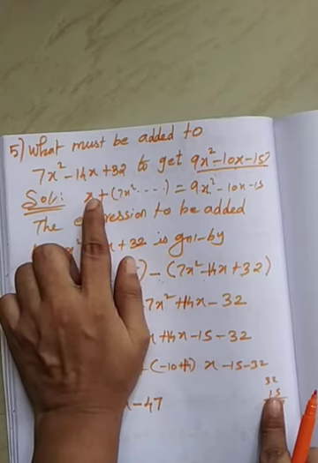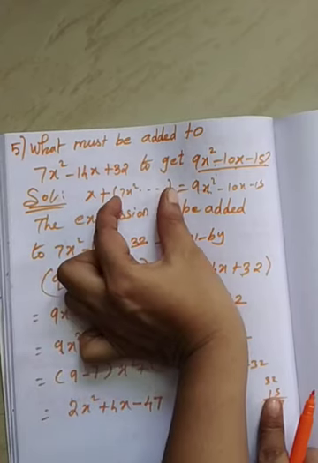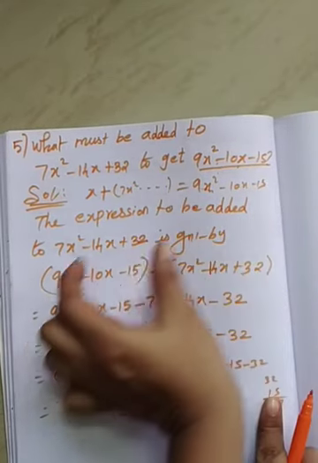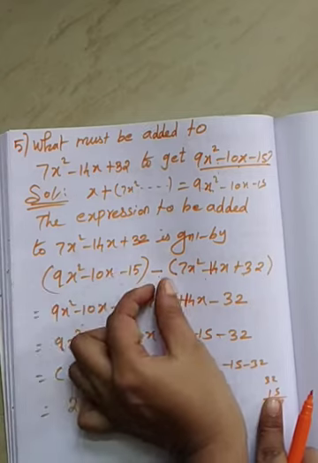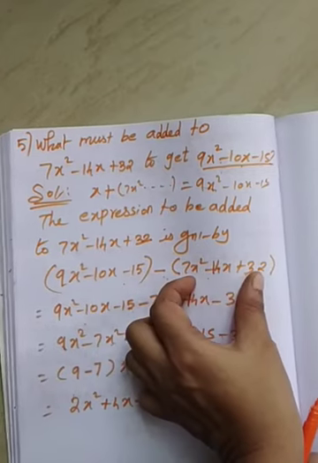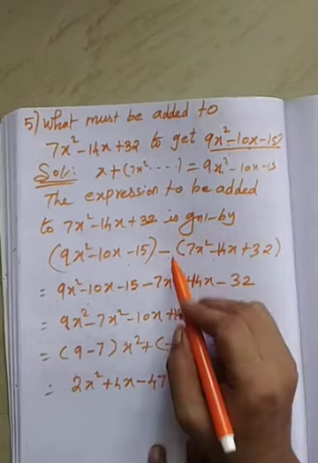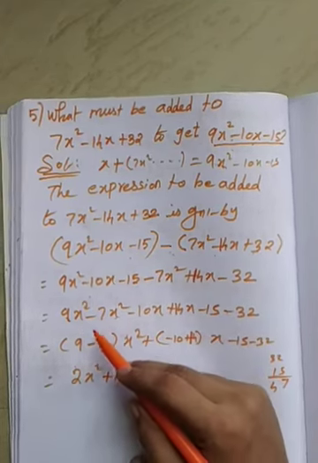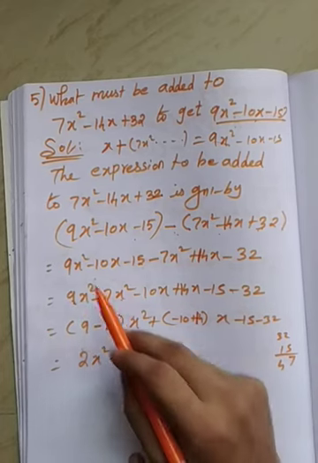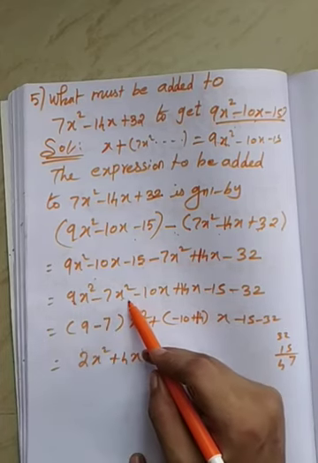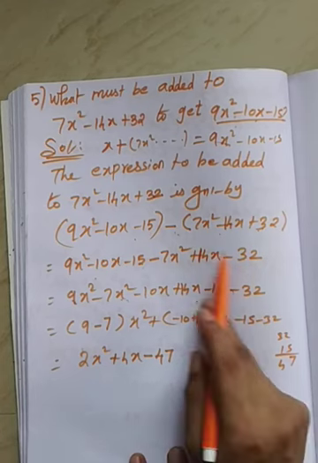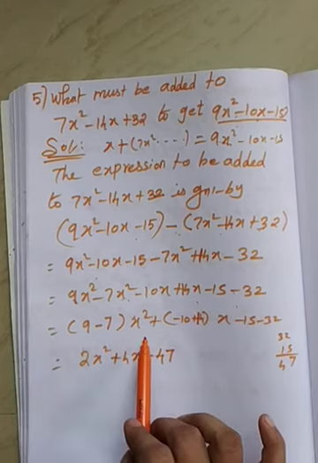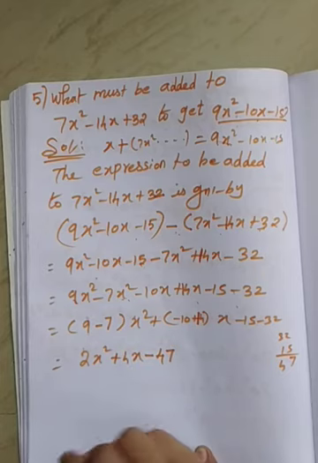You need x value means the second term you have to write on the right hand side, minus of that term. So write this answer, minus this term. After that you have to multiply this minus inside the bracket, you will get this term. After that you have to rearrange the term. So first you have to arrange the x squared term, then x term, finally constant term. See here, x squared is the common, you have to take the common value, write the constant term.